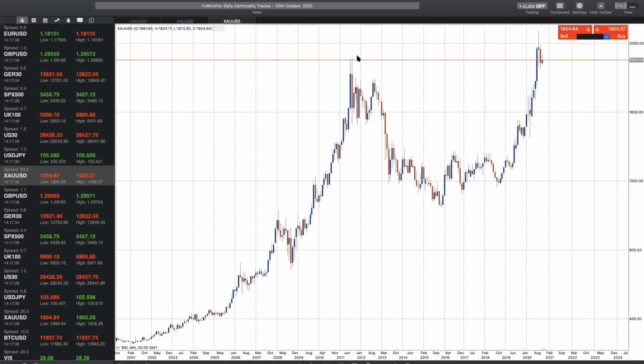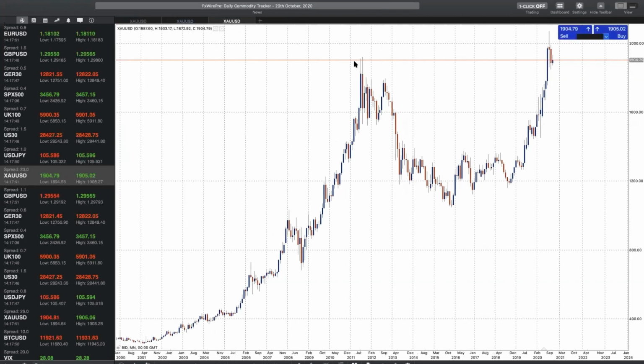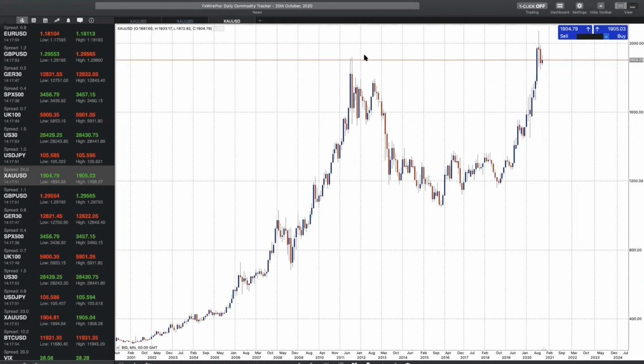Maybe a small pullback is what we're looking for. We've been circulating around this key level that used to be marked by the 1920 level, 21 by the printing, by the previous high in 2011. There is still no resolution there, but there's a lot of people that are also focusing on the longer term trend and trying to figure out whether there is enough buyers at these levels to push the